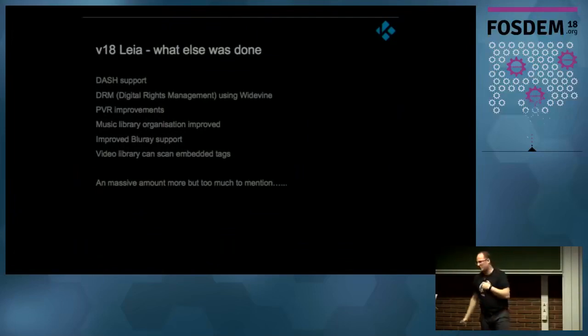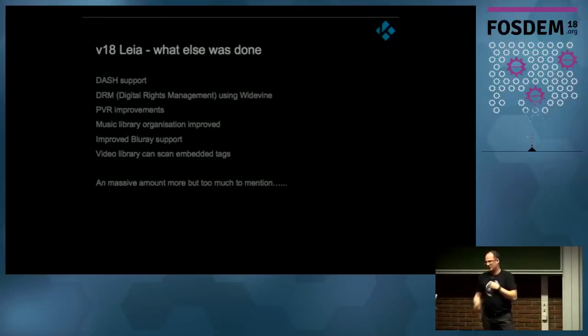The music library is also something we improved a lot, because we found somebody actually caring about that, and he spent a lot of time fixing all the tag scanning, which was such a mess. Library support, thanks VLC, because we use VLC as the main library for Blu-ray stuff. So we can actually do the Java menus, which are on Blu-rays.